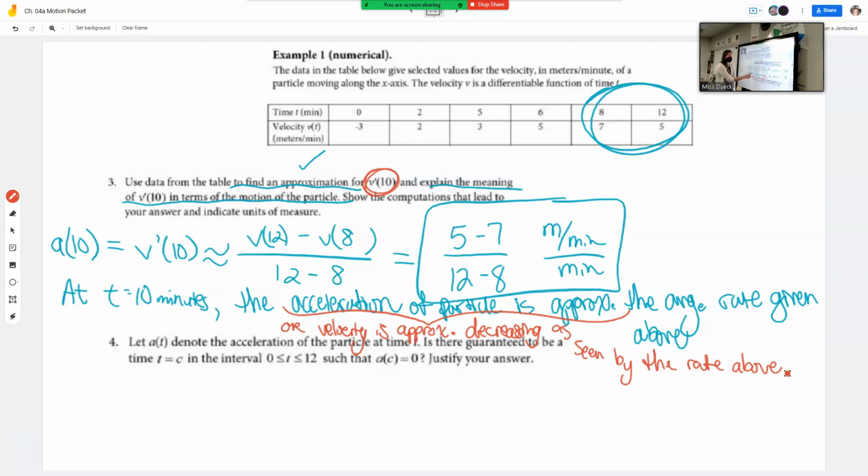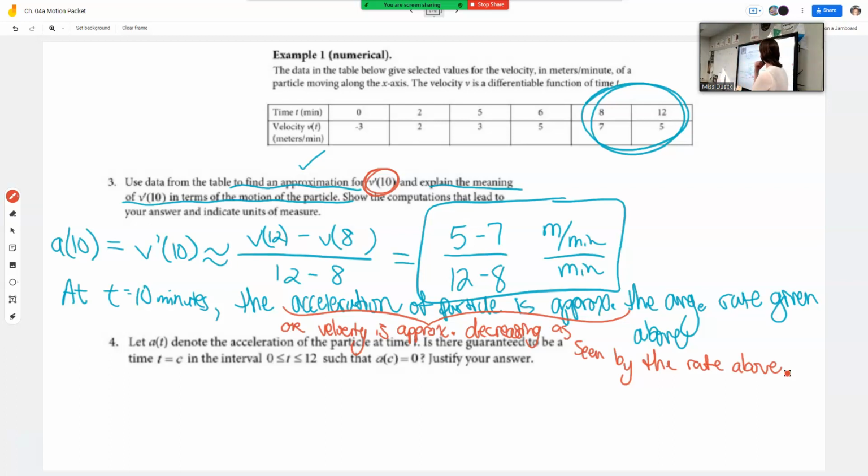We don't want to say decreasing at a negative because that actually, double negative means a positive, so that would be dicey. And we can't say acceleration is increasing or decreasing because this is the entire rate. I either say velocity is decreasing or acceleration just plain old is. And then we're to number 4.